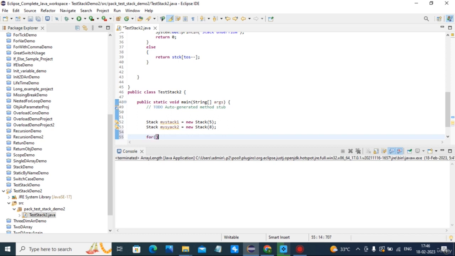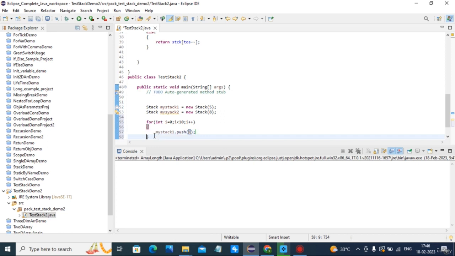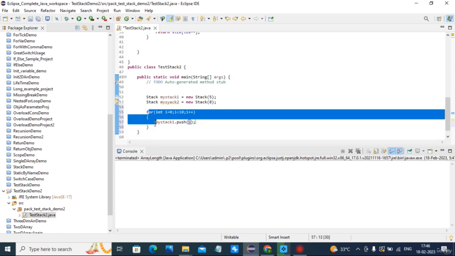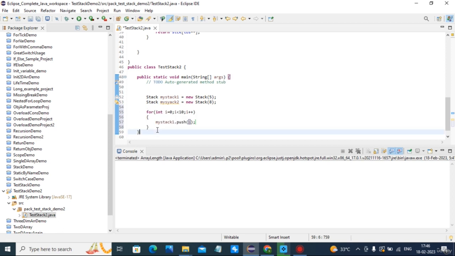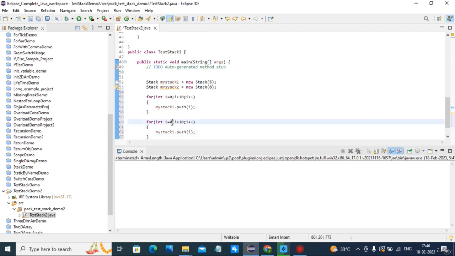Push: for I is equal to 0, I less than 10, I plus plus, my stack 1 dot push I. Okay. Then next for int I is equal to 10, I less than 20, my stack 2 push I.